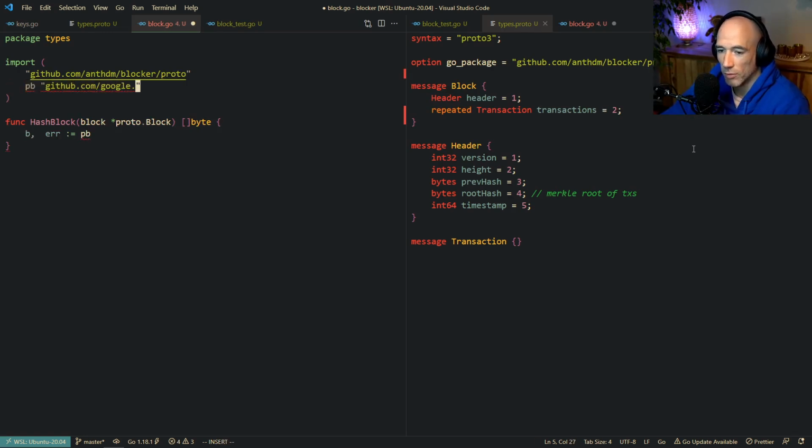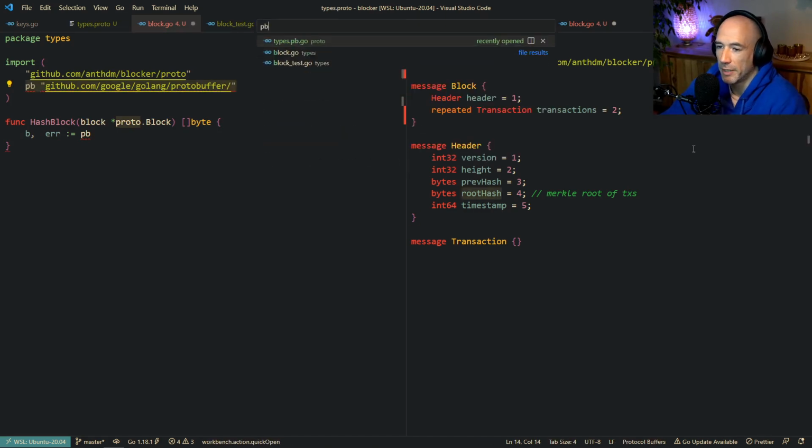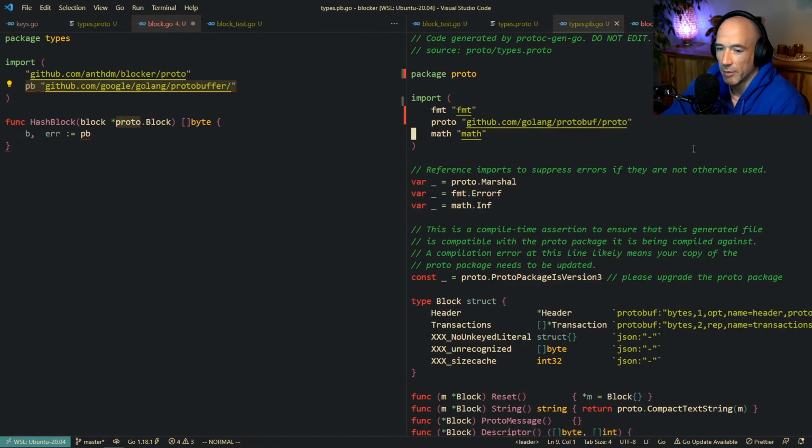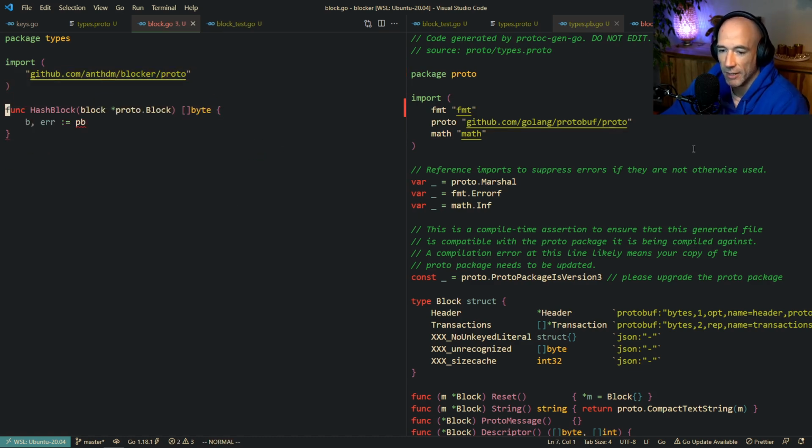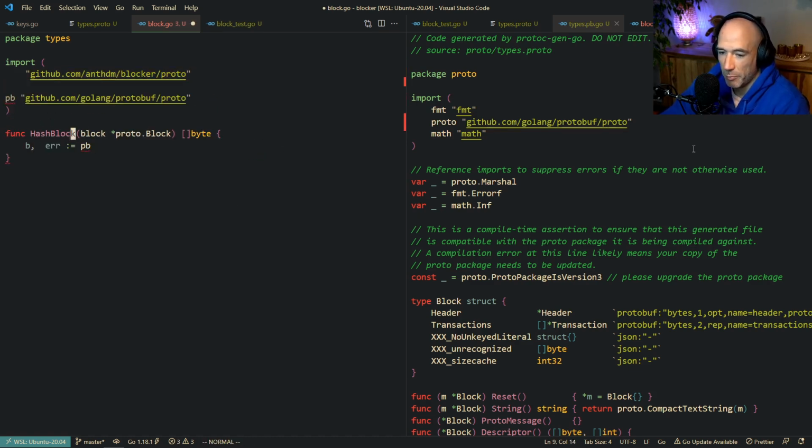I'm not quite sure if this is the correct thing. Let me open up pb here real quick. Paste it in here. Call this pb so it's not conflicting with our proto package. Delete this. And then we're going to say pb.Marshal